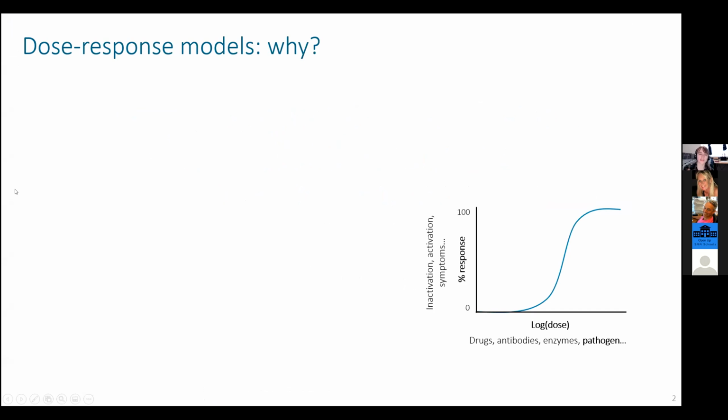Dose-response models are not specific to infectious disease biology. They're used in a wide range of fields to address questions of how much an event will occur depending on the dose of an exposure factor. For instance, it's widely used in pharmacology to test the effect of drug dose on the response you expect in the host and on the pathogen or the disease. You can also find it in immunological studies,